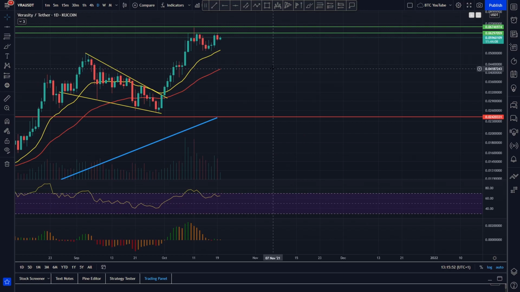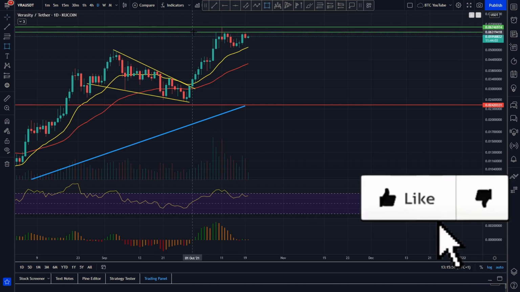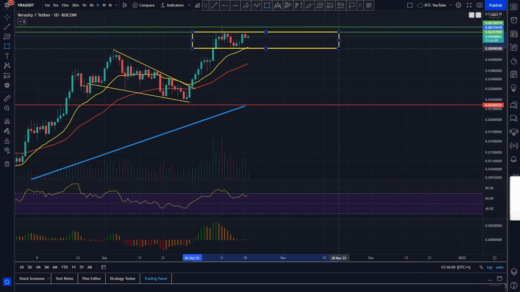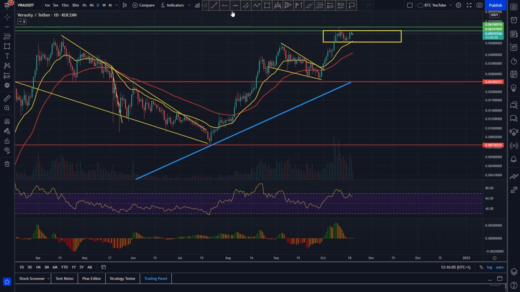It looks as though we are having a little bit of a rollover over the past few days, but overall we are basically forming a range like this, consolidating above those previous levels of resistance in and around this area. If I draw this line across, you'll be able to see quite clearly that we're actually consolidating above that previous